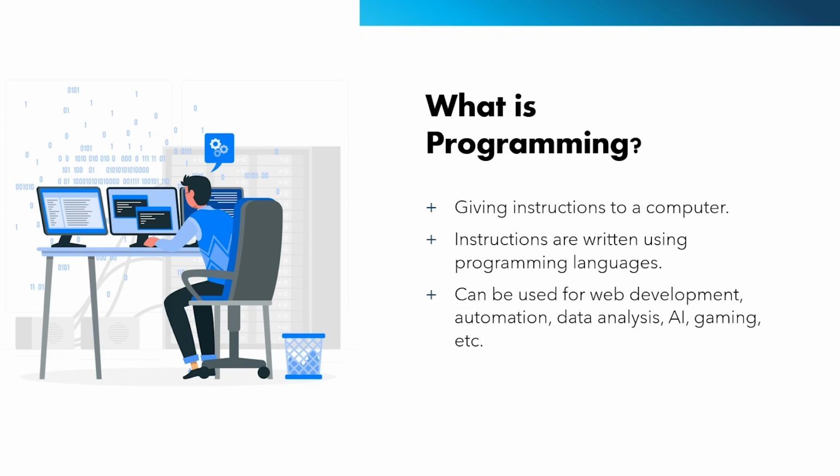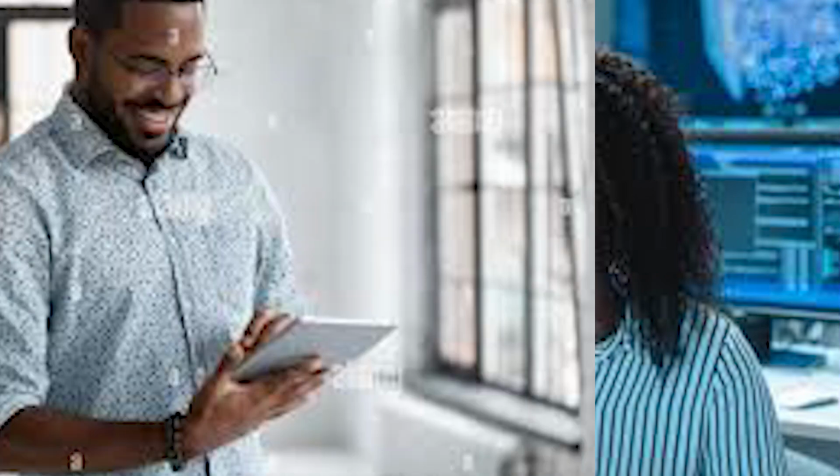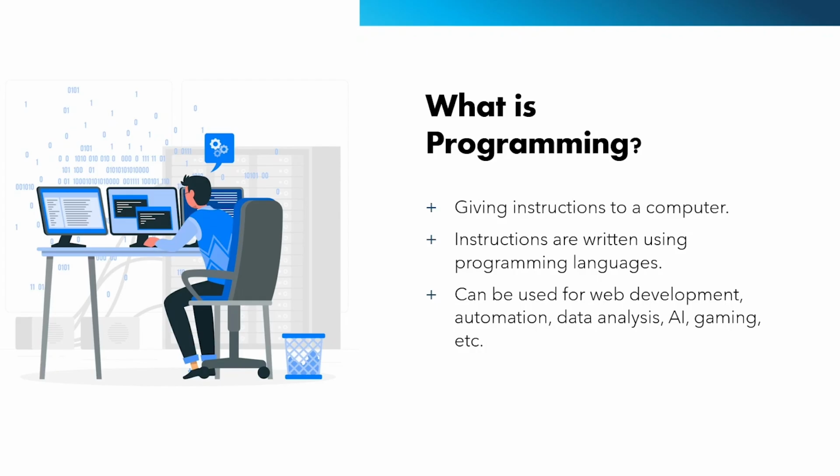So basically, when we talk about programming, we're talking about interacting with the computer, giving instructions to the computer. For instance, you can write some instructions and ask the computer to download files for you from the internet, or to search for certain things for you from the search engine. You can even ask the computer to perform some of those routine tasks you normally do all the time, like sending emails, analyzing documents, and so on and so forth. So when we talk about programming, we're talking about communicating to the computer using a programming language.